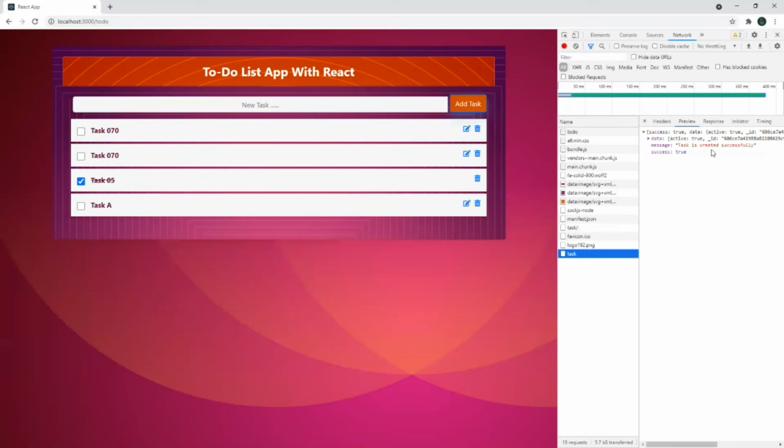See that we are calling the API, and if you want to update, like B, that update is done. You can see again I have called the API for update, and if you want to complete, again another API is calling. Okay, so it's completed. Or if you want to delete, click on delete.